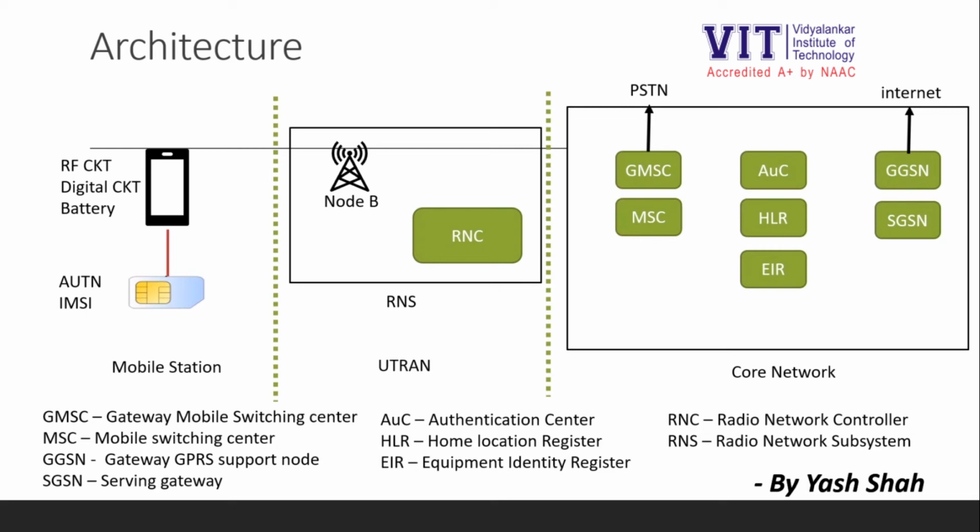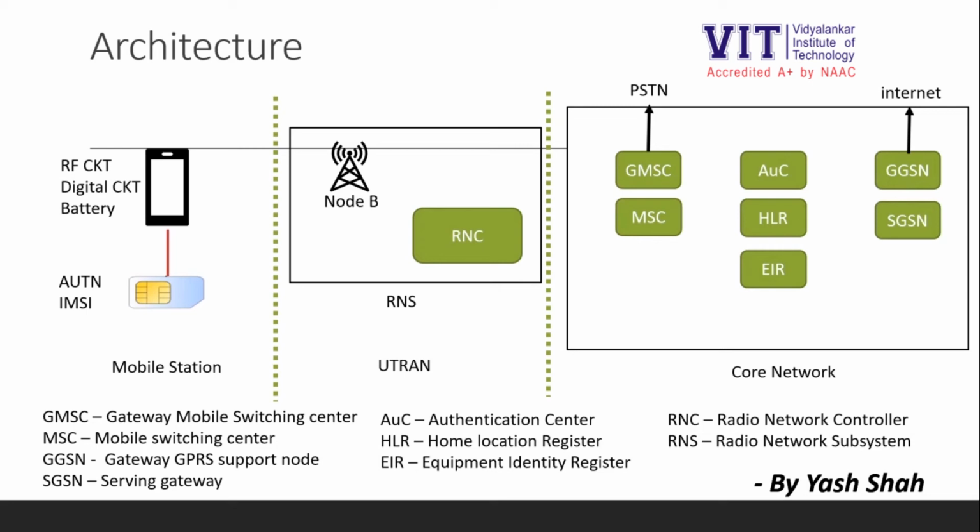Inside the SIM, we have two important parameters. The first is the AUTN, which is quite similar to the subscriber key in GSM. AUTN is an identifier. It is unique to each and every SIM card, and it is a secret key stored inside the SIM and is never shared on the network.